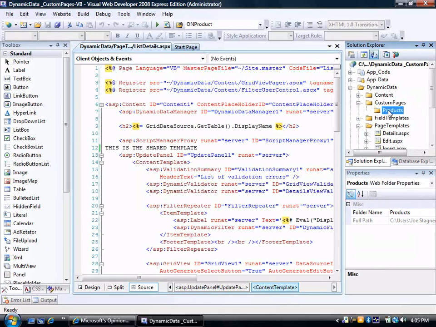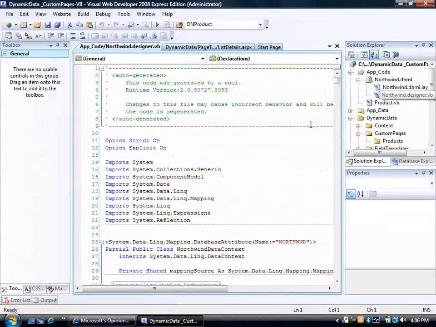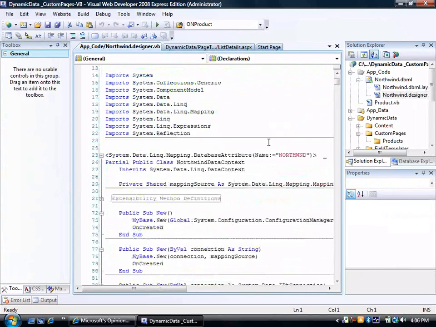products. Now, just so that this makes sense to you, if we go and look in app code and we look at the generated LINQ to SQL class, right,